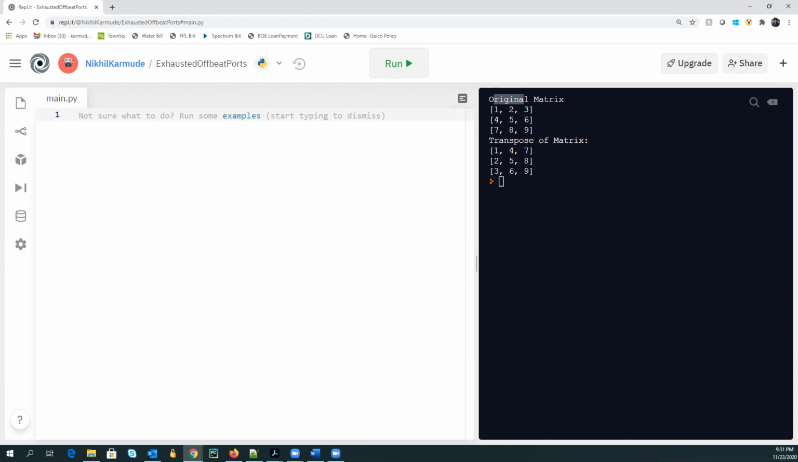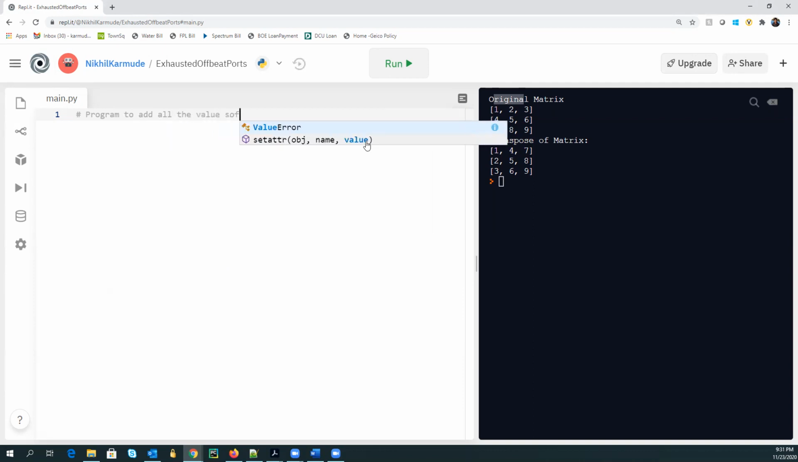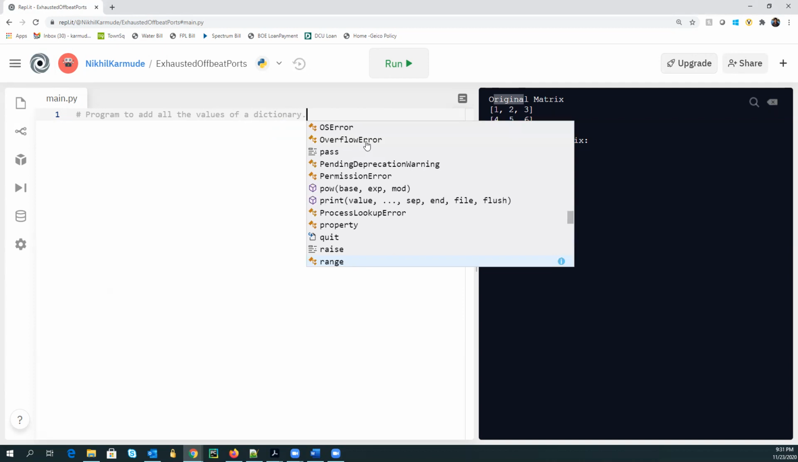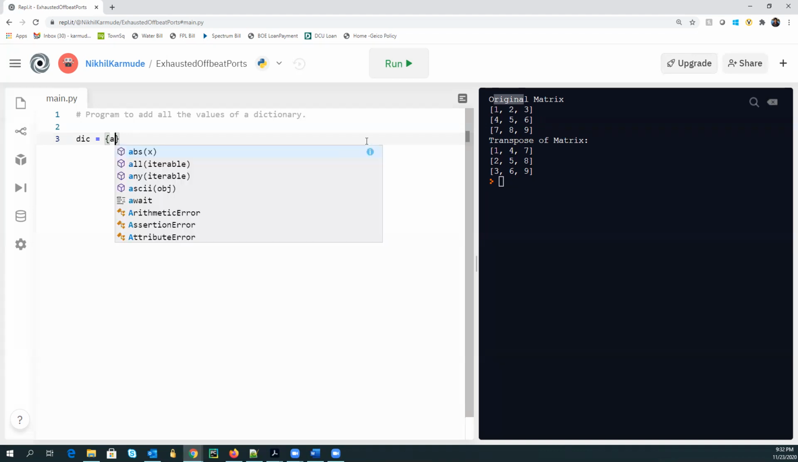So for now, what we can do is a program where we have a dictionary, and we need to write a program to add all the values of a dictionary. Now, what does this exactly mean? All the values of a dictionary. Let's say I have a dictionary like this, which contains keys and values. So let's say I have a variable called A,